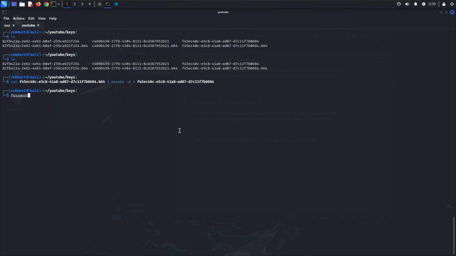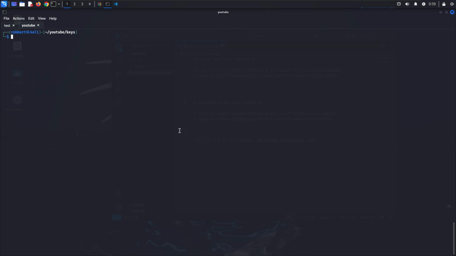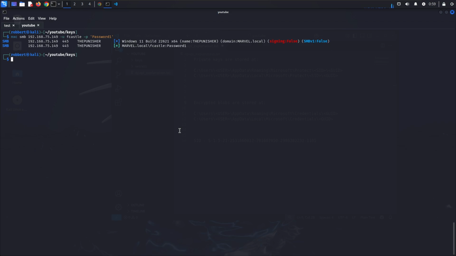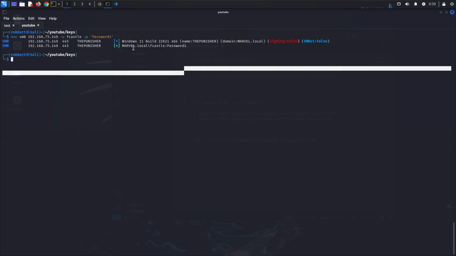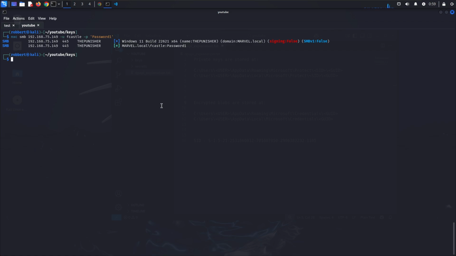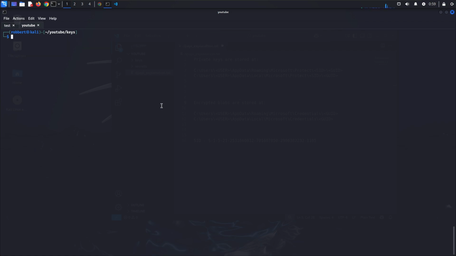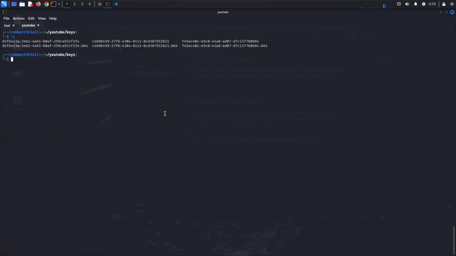So I'll just make sure we're a standard user using netexec, just a tool. So we'll do smb user fcastle and it's the password. So yeah, we're just regular user. We can connect to the box, no special privileges, nothing. So let's try to decrypt the master key. So the syntax goes like this: